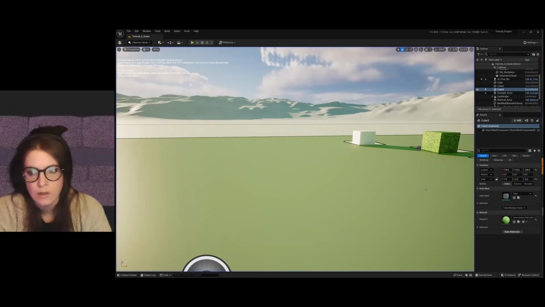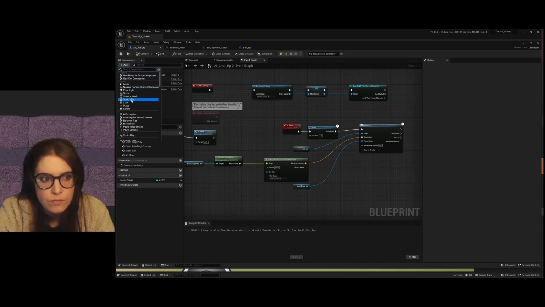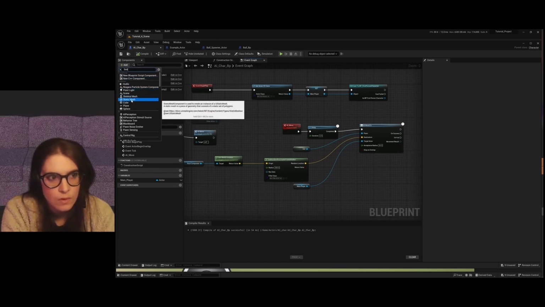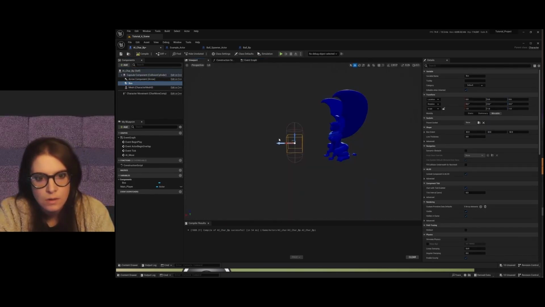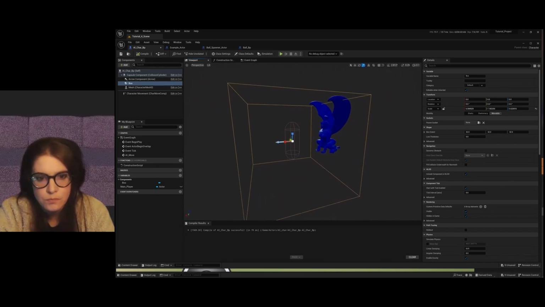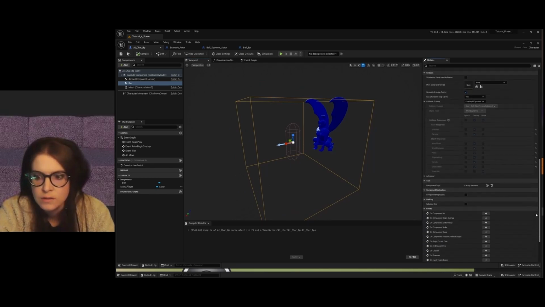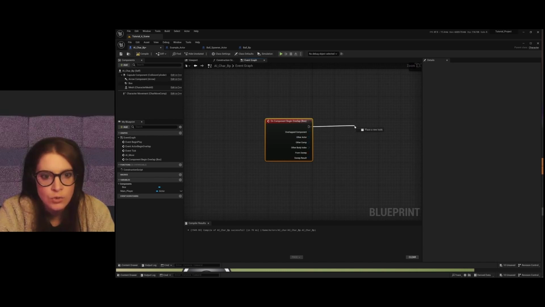We could add in a collision box, and we could say that whenever you overlap,